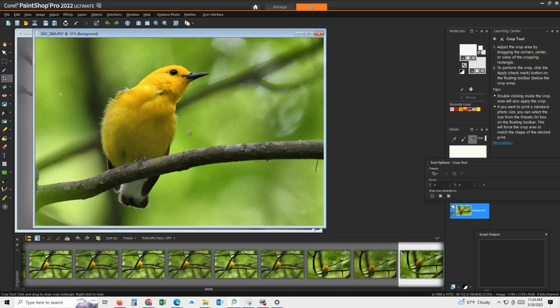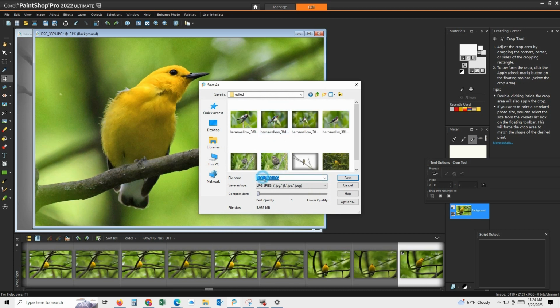I'm probably going to refrain from vignetting this one. I don't really think I need to. I might just leave that right there. I don't even think I need to crank up the saturation at all. I think just cropping it and maybe putting in a little bit of fill light is all I needed for that shot. So I'll do save as,